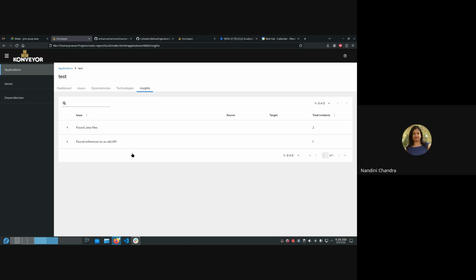Okay, so I sent a message on chat and I used this particular application. I analyzed it with the custom rule that's mentioned in the enhancement doc on the latest nightly on June 20th. I believe feature freeze was June 20th. With this application and this custom rule, I was not able to see the insights tab